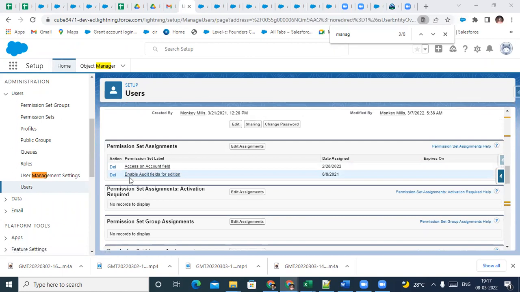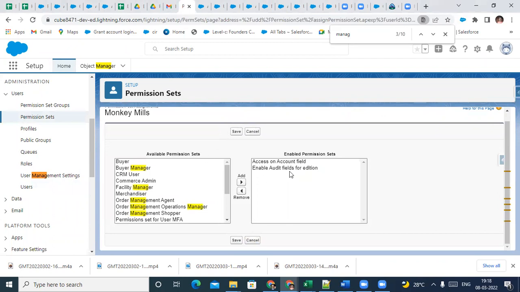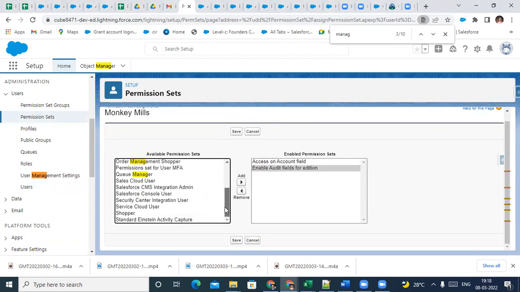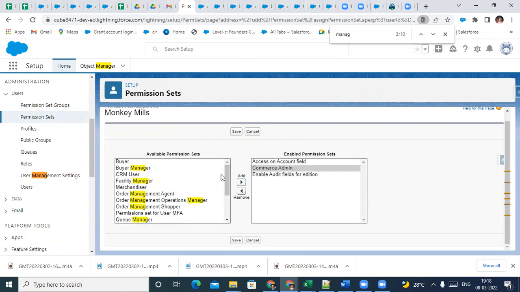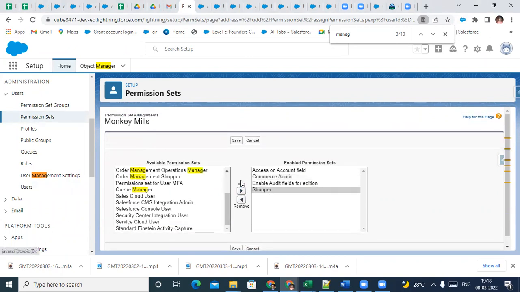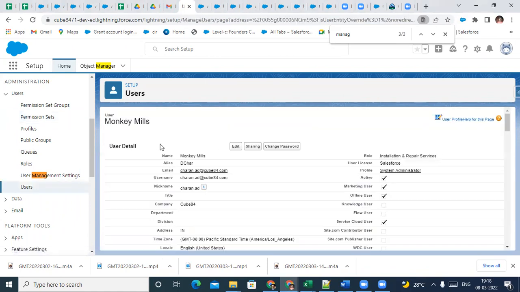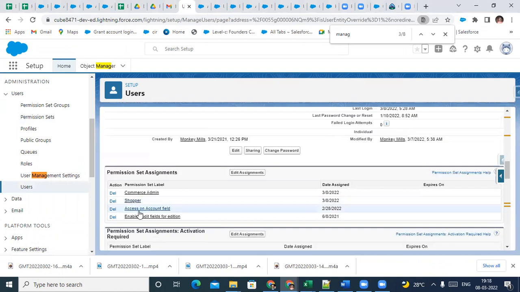Also he has got this permission set assigned to him, enable audit fields for edition. Once you click on edit assignments, you will be able to remove or provide any new permission set access to this particular person. So I'm just going to provide this permission set, commerce admin, to this person. Also a shopper, something like this. Then if I click on save,